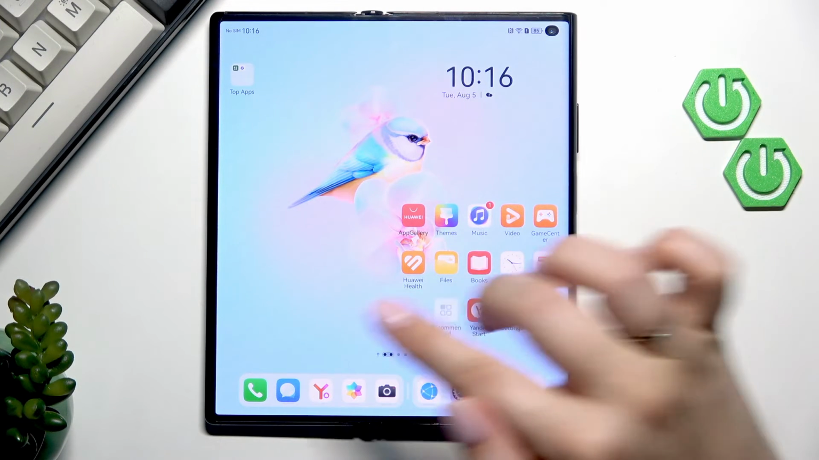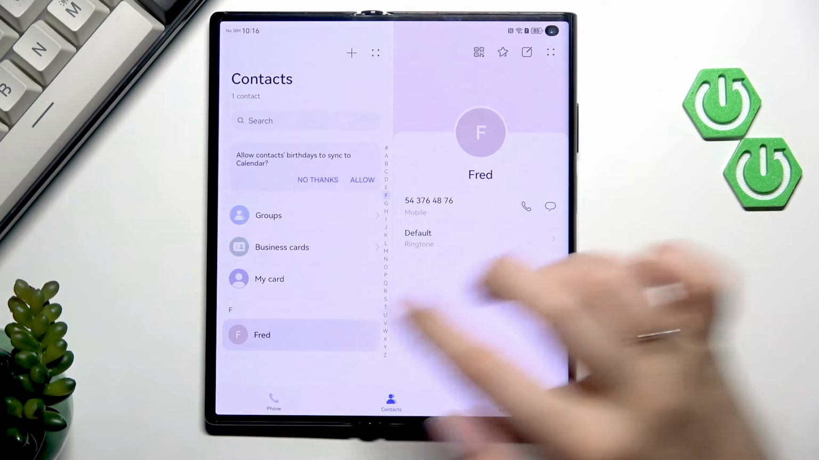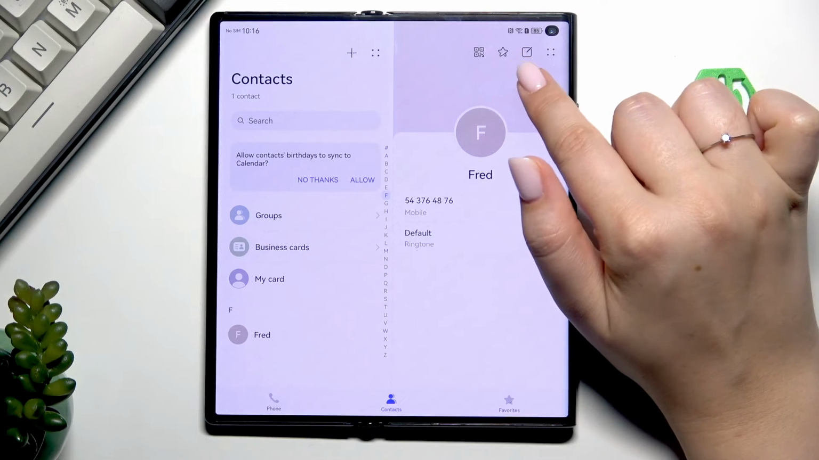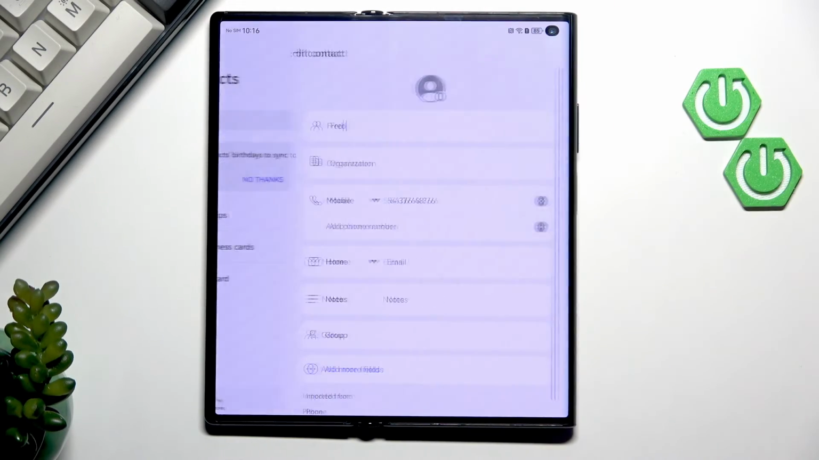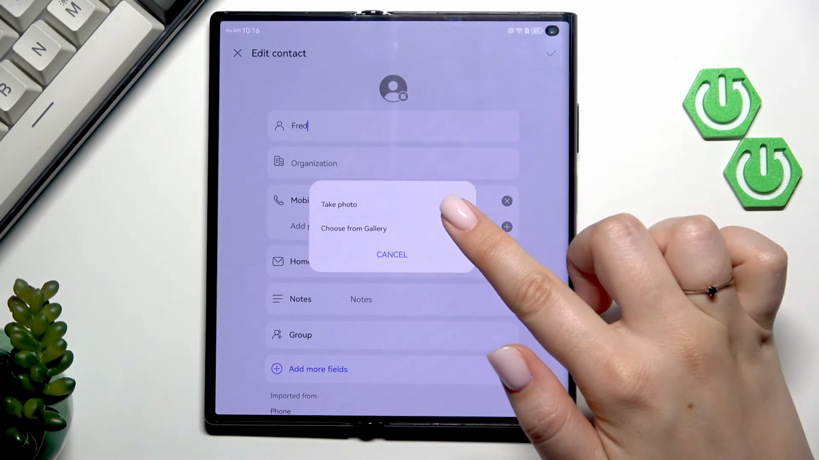So let's begin with opening your contact list, for example with the usage of the dialer. Find the contact which you'd like to edit and then tap on it. And now we have to tap on this edit icon in the right upper corner, so the second icon from the right. Now we have to tap on this profile picture and we can either take a photo